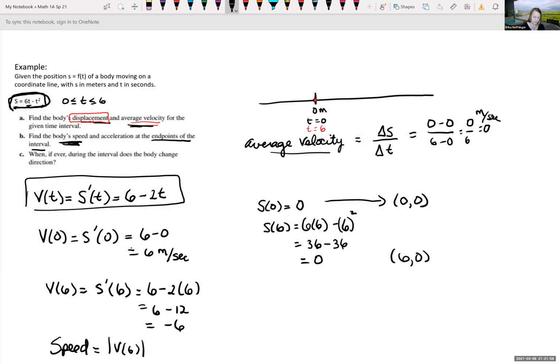It's just that the direction we were going was backwards. So this is equal to 6 meters per second. So that was finding the body's speed at the endpoints of the interval. The next question, though, says find the body's acceleration